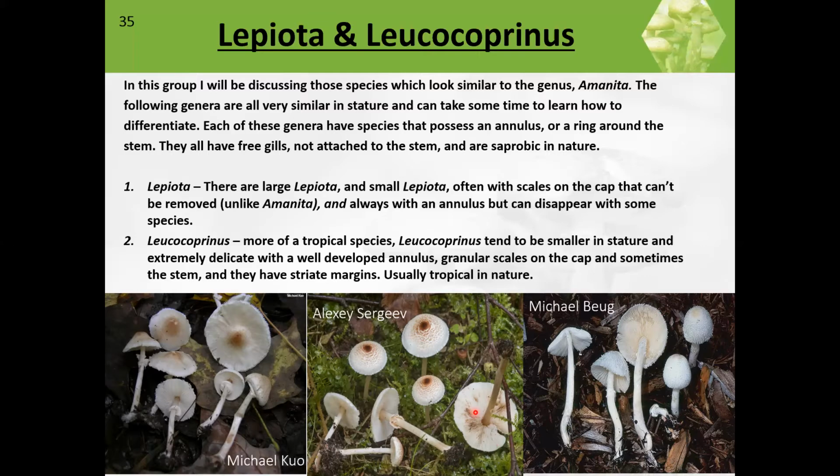So basically, in this group, I'll be discussing species that look similar to genus Amanita. They're all similar in stature, and some of these genera possess an annulus or ring around the stem. They also have free gills, which means that they're not attached to the stem. Amanita also has free gills, so that's where it's really confusing. And then